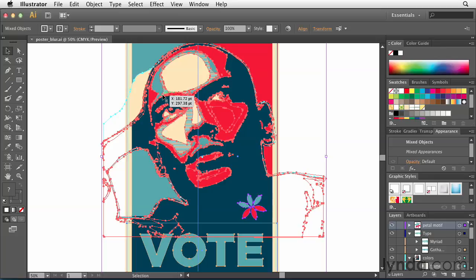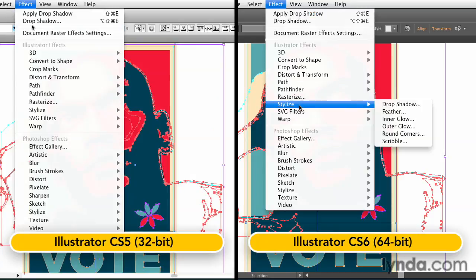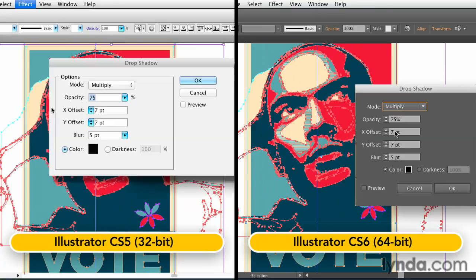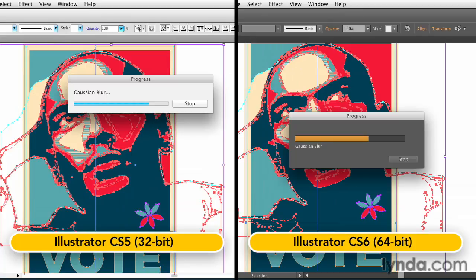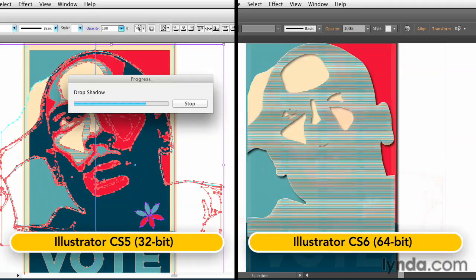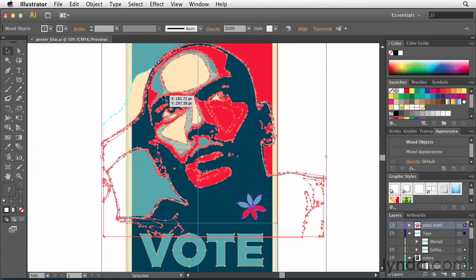Let's take a look at the difference between rendering times in CS5 versus CS6. As you can see, I have the same file open in both applications. I'll select the artwork and I'll apply a drop shadow to everything on the page. Watch how much faster it is in CS6 versus CS5. As you can see, Illustrator CS6 is able to apply the drop shadow in about half the time that CS5 is able to do it, and that's all due to the new 64-bit architecture that's now in place inside the